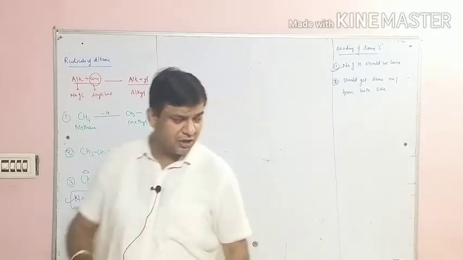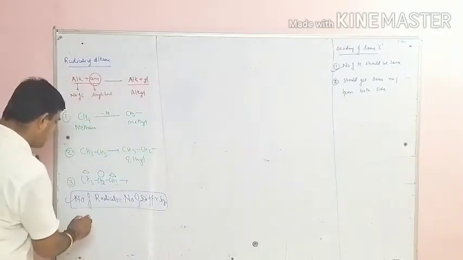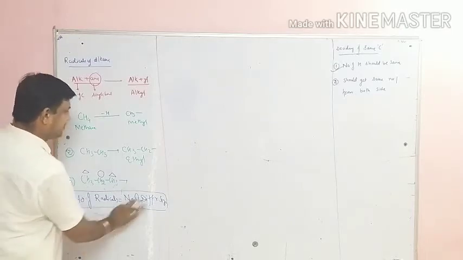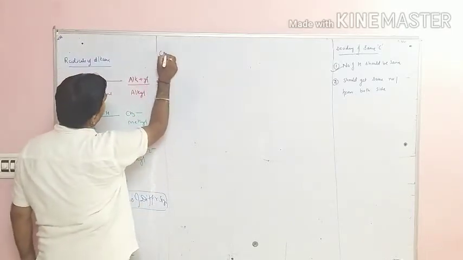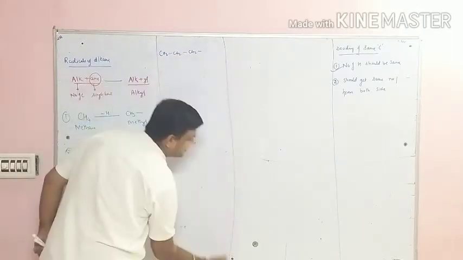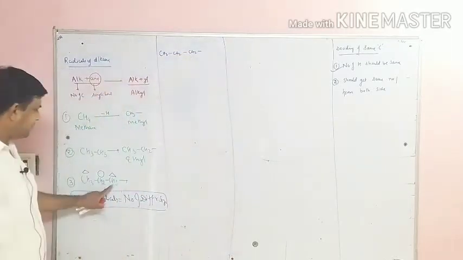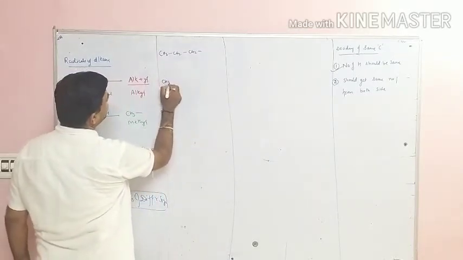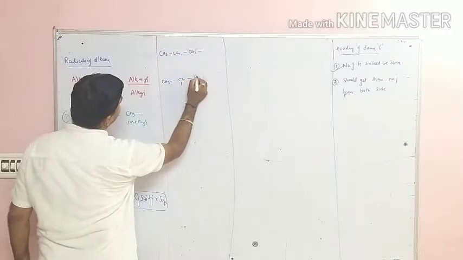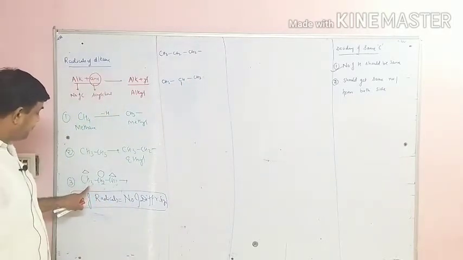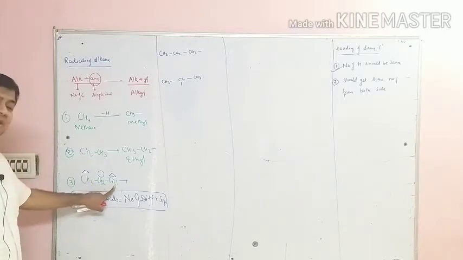This is clear. Now see, if I make the radicals of this, if I go on this side, CH3 CH2 CH2. Once I make the valency free from this carbon, this is the valency made free. Now in the second case, I make the valency free from the second carbon. We will not separate the valency from this carbon, because this carbon and this carbon are the same.